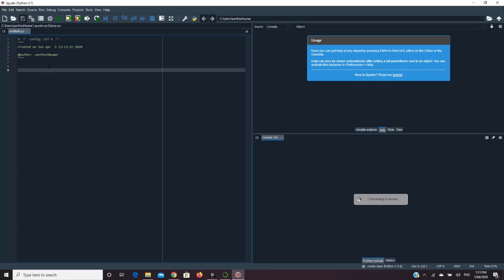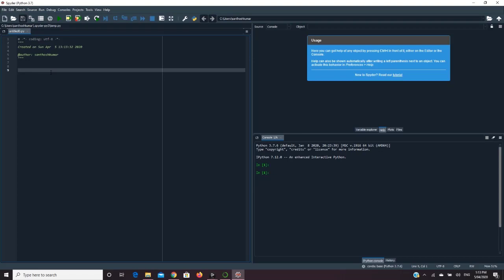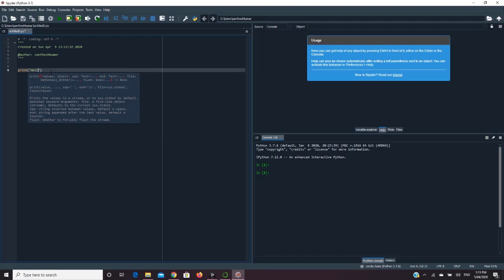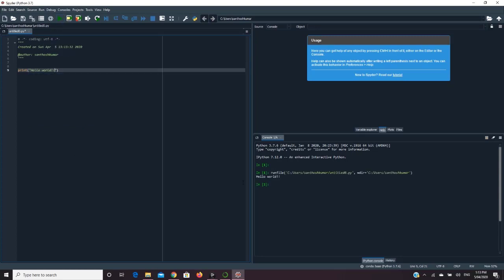So here you are able to see the IDE window, and I'm going to type the hello world program for you. And then I'm going to click the green button to run the program, and here on the right side you can see the console and the outcome of the hello world program.